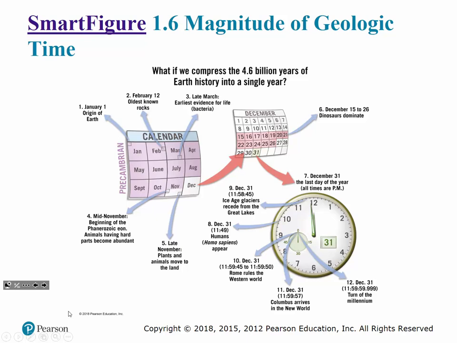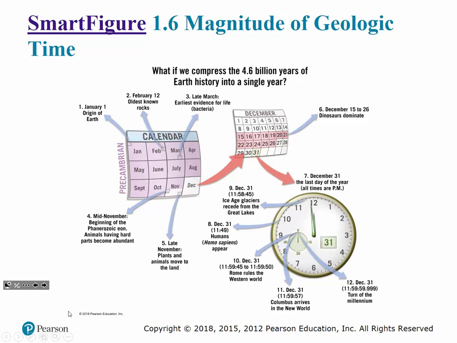Okay, then you get into November, and November is when things start happening. So you start seeing animals with shells becoming abundant in November. Okay, in late November, you have plants and animals moving onto land. And then, wow, you get into December, and things that we think of as lasting for thousands and thousands of